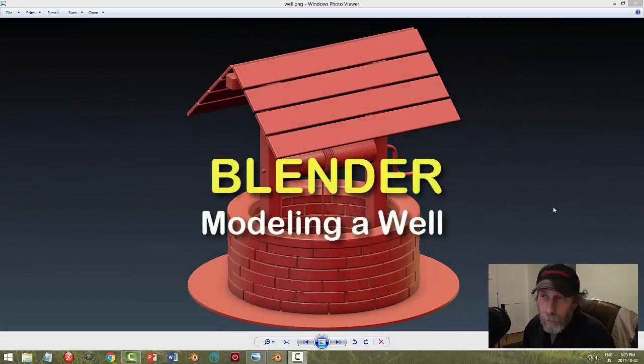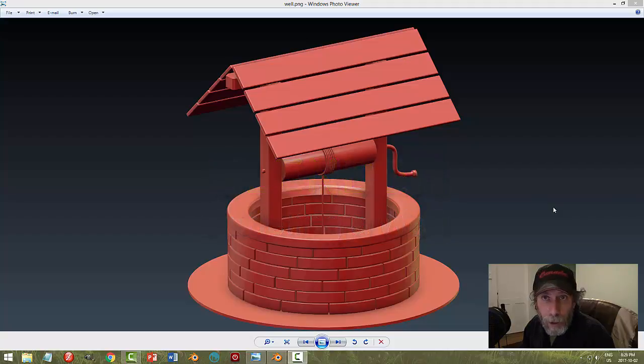I'm going to do another Blender video, and I'm going to model this well. It's a very simple model to do. It's going to use some curves and just really very straightforward modeling, for beginners like me. All right, so